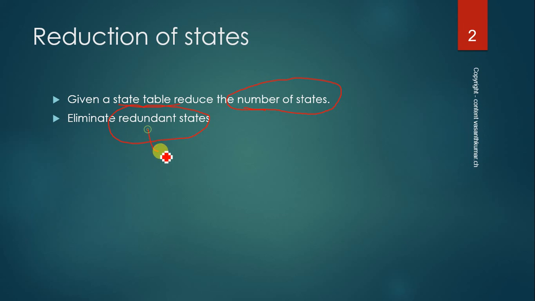What is redundancy? Redundancy is something like an additional state with the same state outputs. For example, if A and B are two variables, for the combination 0 0 you get C as output, which is also 0, and for 0 0 1 you get a 0. In this condition, this particular state is called a redundant state. That means in both the cases the output is the same. Okay, the combinations might vary but the state is the same, so we have to eliminate this redundant state so that the size of the table automatically reduces. Okay, please have a look.